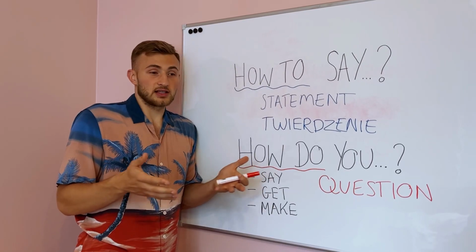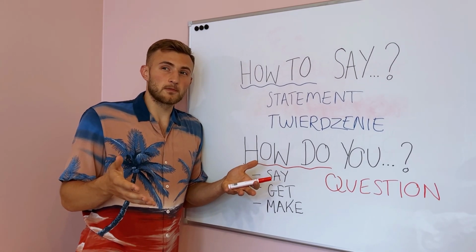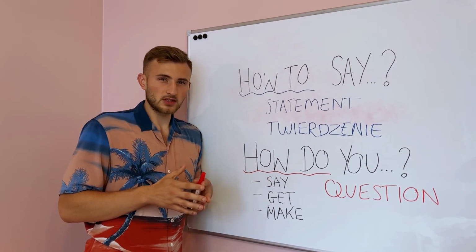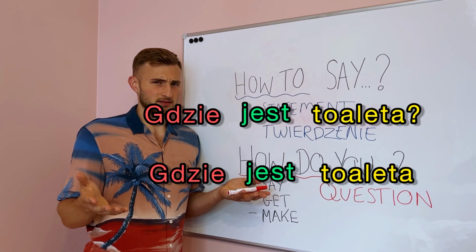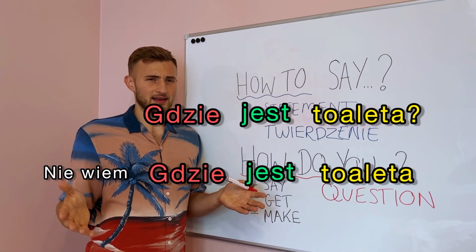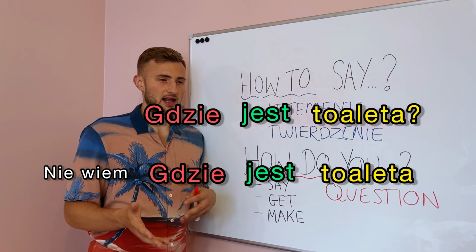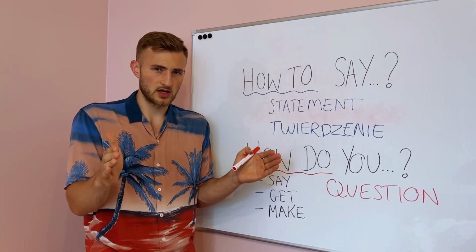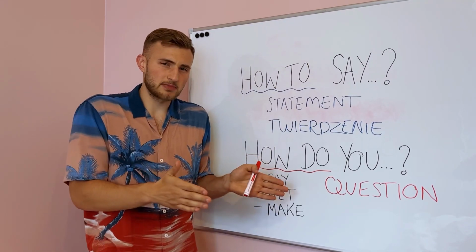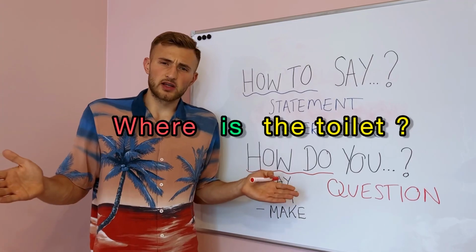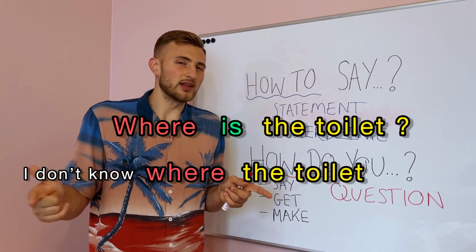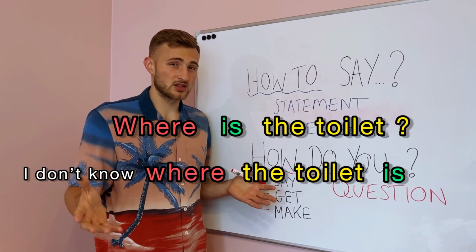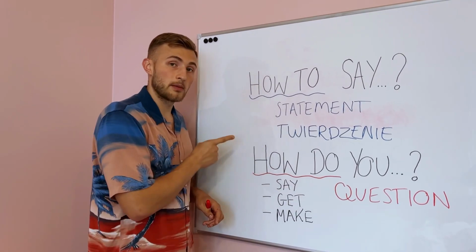Różnica wychodzi z tego, że po polsku nigdy nie zmieniamy jakby strukturę pytania. So it's like, gdzie jest toaleta? I nie wiem, gdzie jest toaleta. The second one is not a question, ale gdzie jest toaleta się nie zmieniło. Słówka się nie zmieniły. Po angielsku by się zmieniły, bo jeden jest pytaniem, drugi nie jest. Where's the toilet? I don't know where the toilet is. See how it changed? In English, it changes. In Polish, it doesn't. But remember this.